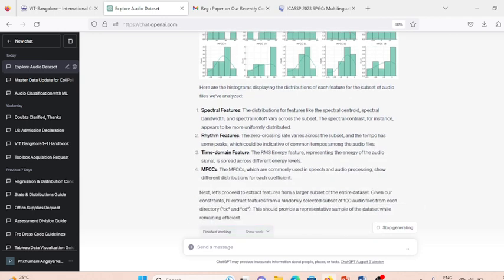The zero crossing rate varies across the subset, related to the rhythm feature, and the RMS energy feature, which represents the energy of the audio signal, has been spread across different energy levels. And the MFCC, which is mainly used in speech and audio processing, shows a different distribution for each of these